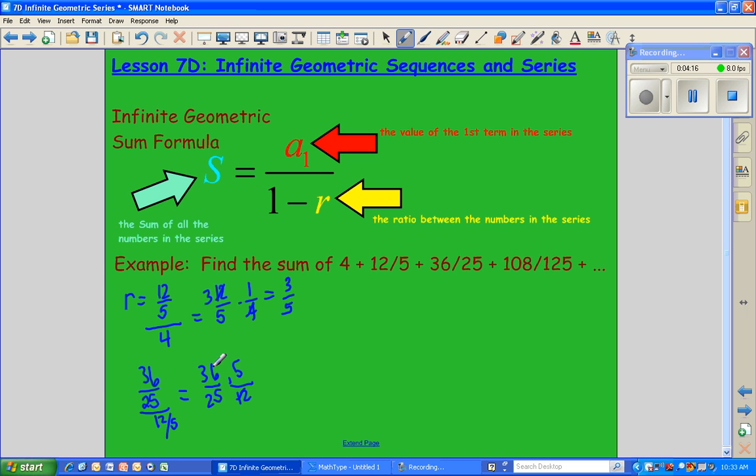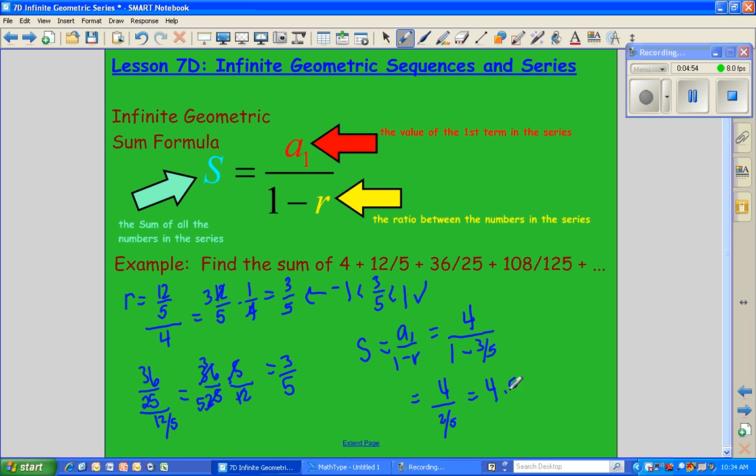Multiplied by the reciprocal, 12 goes into 36 3 times. 5 goes into 25 5 times. So yep, we have that common R value, and the R is 3/5, which is between -1 and 1. So that checks out. So we're going to go on and use our formula. S equals a sub 1 over 1 minus r. A sub 1 is 4. R is 3/5. So we have 4 over 2/5,